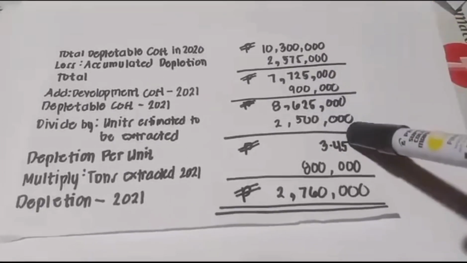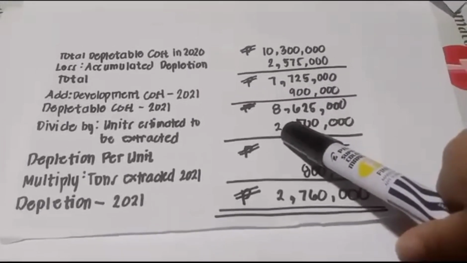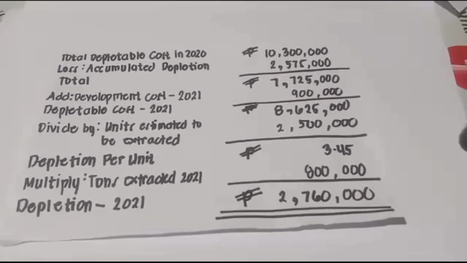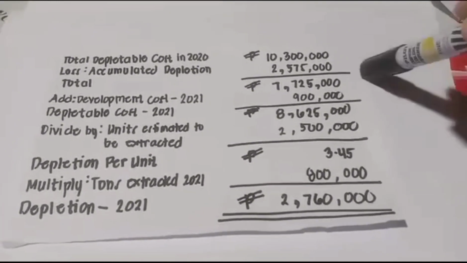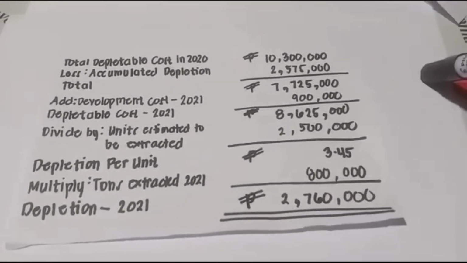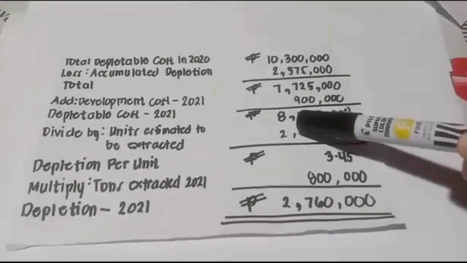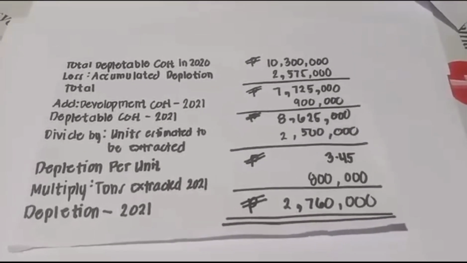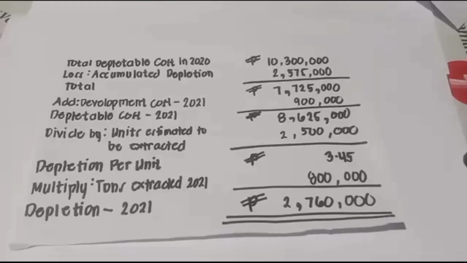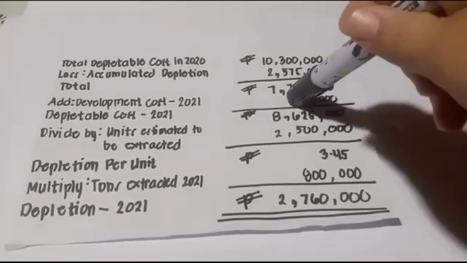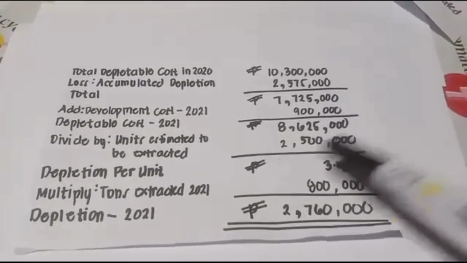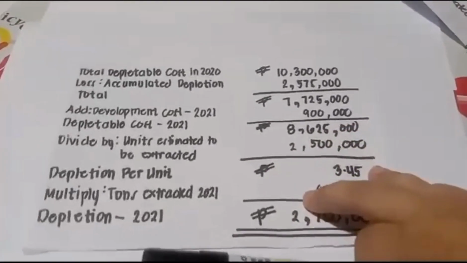Asa po ta-an gikan ning 2,500,000? Gikan po na siya sa year 2021 na tons extracted na 800,000 og estimated tons remaining na 1,700,000. So, nakuha nato ang 2.5 million units estimated to be extracted. So, inig-divide nato, 8,625,000 divided by 2,500,000, nakuha nato ang depletion per unit na